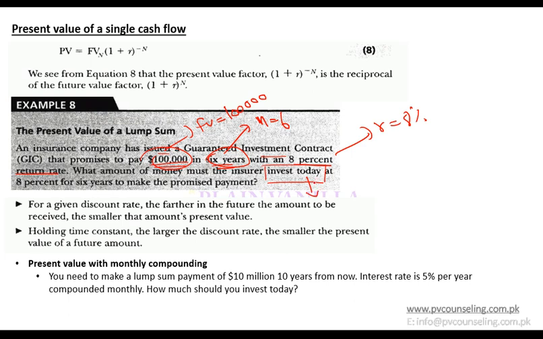So that means they are asking you about today's money, which is present value. So simply you input all the numbers, N being 6, rate being 8%, PV being 0, payment being 0, and FV being 100,000, and you compute PV, which is 63,017. If you plug in future value as positive, PV will come out as negative. If you plug in this as negative, it will come out as positive. So it shouldn't be a problem.